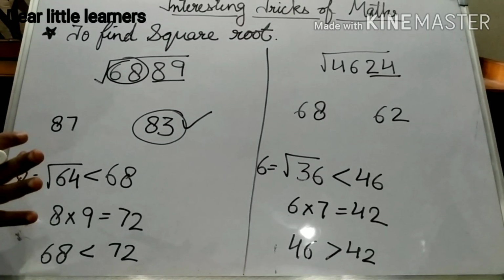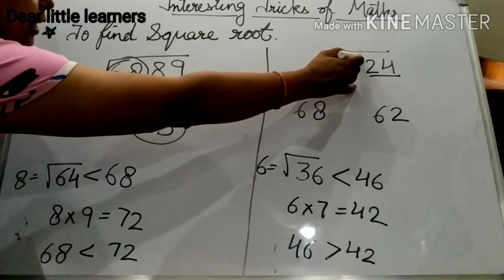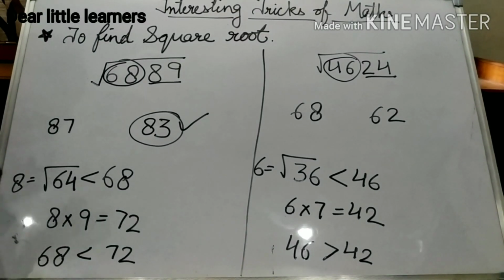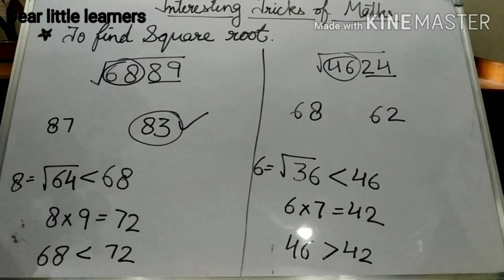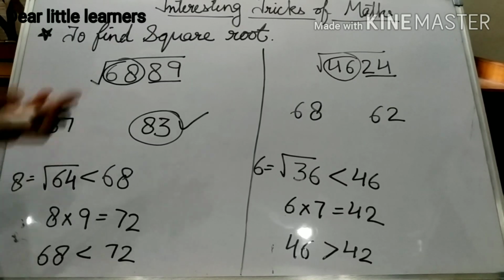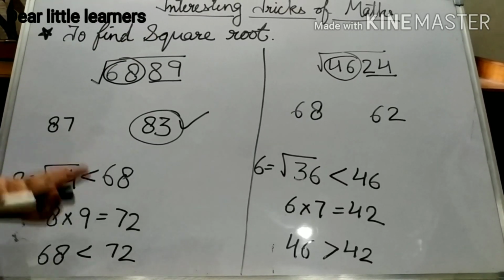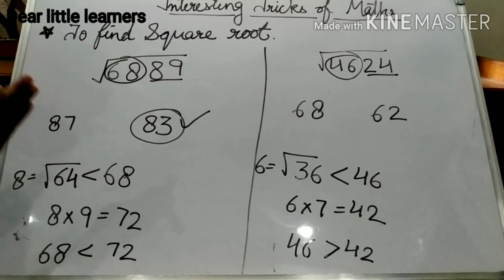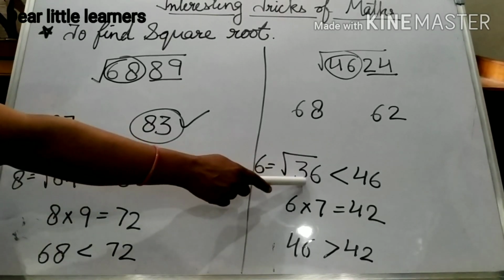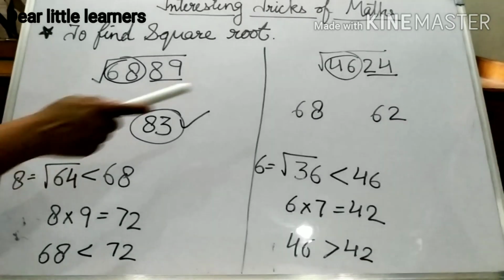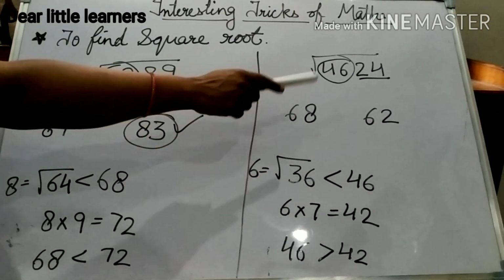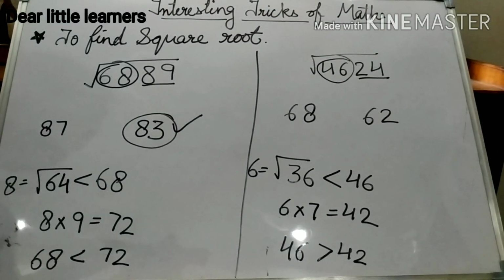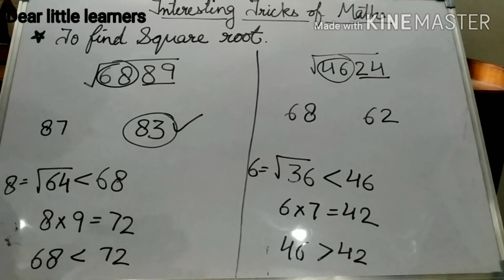After that, what we need to do, we will take this 46 and we have to find out the perfect square less than 46. If you check, you will get 6 6s are 36, because 7 7s are 49 is greater than 46, and I told you to take the lesser perfect square. So I have taken 36 now, which is smaller and a perfect square also. When we find out the square root, the answer is 6. So 6 we have to write with 8 and 2. So 68 and 62. As I told you, out of these two only we will get the correct answer.